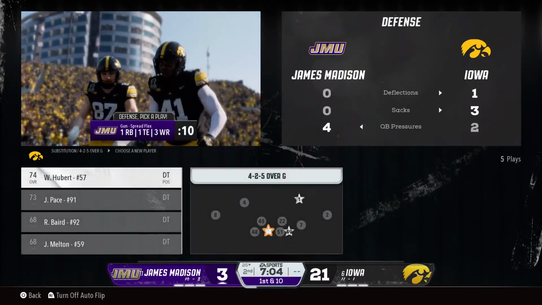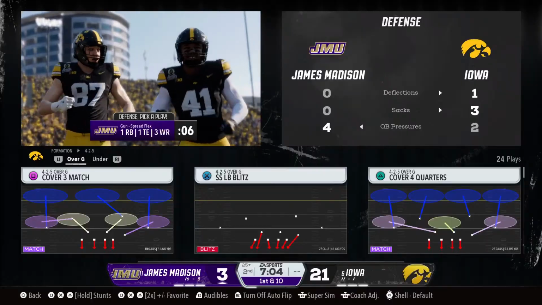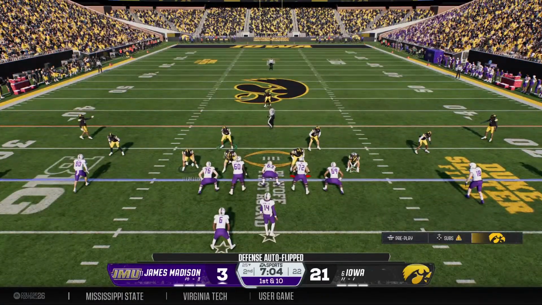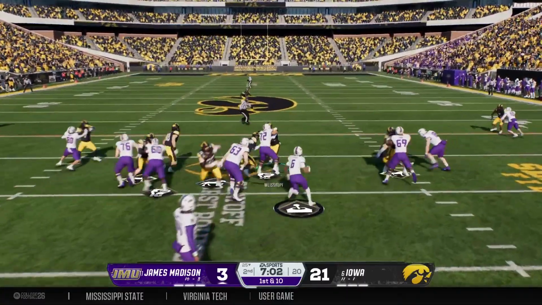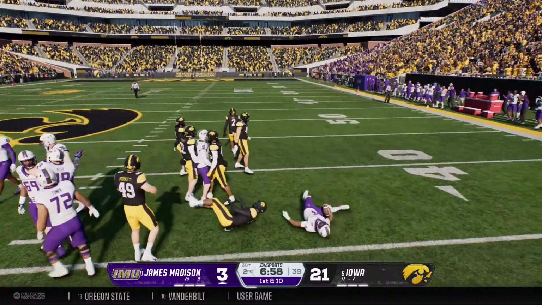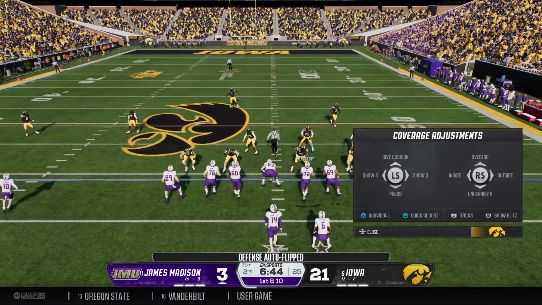James Madison's offense back out there now. They got points on the board last time thanks to a long-range field goal. And the first play of the drive now from the 25. Handoff here from the shotgun. Breaking free at the 35. They bring him down, but that's a good play. Moves the ball to the 39. First down and 10.